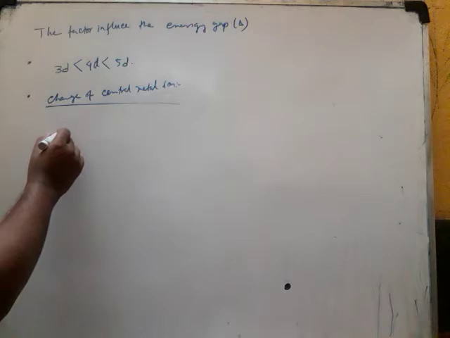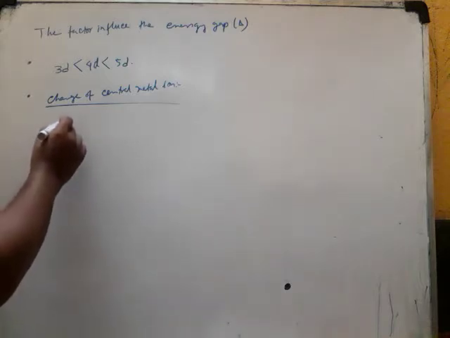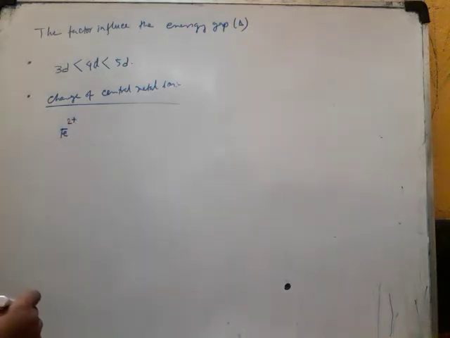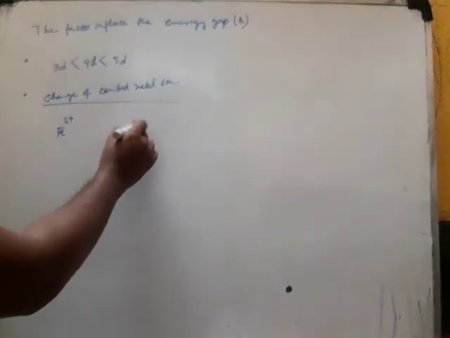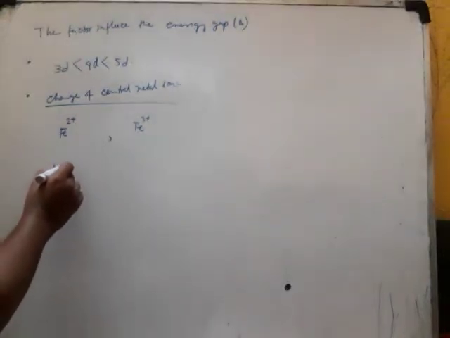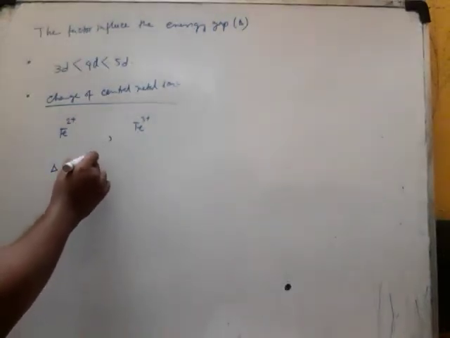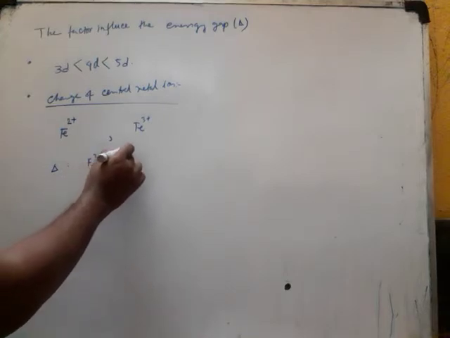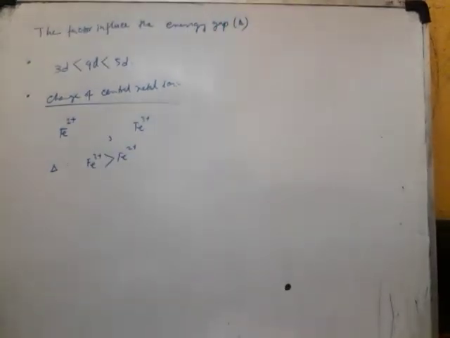Like in a particular complex, Fe is in the Fe2+ state, and in another complex Fe is in the Fe3+ state. So the delta value is seen that Fe3+ is higher than that of Fe2+. তাহলে আমরা কি বলছি যে Fe2+ এবং Fe3+ দুটো আয়নে যদি উপস্থিত থাকে, তা Fe3+ এর ক্ষেত্রে আধানের পরিমাণটা যেহেতু বেশি, তার জন্য দেখা যাবে এর ক্ষেত্রে ডেল্টা অর্থাৎ শক্তি পার্থক্য যেটা সেটা কিন্তু বেশি হবে।